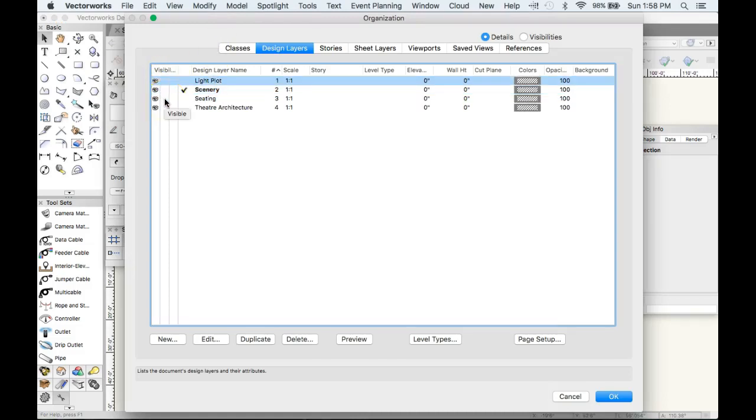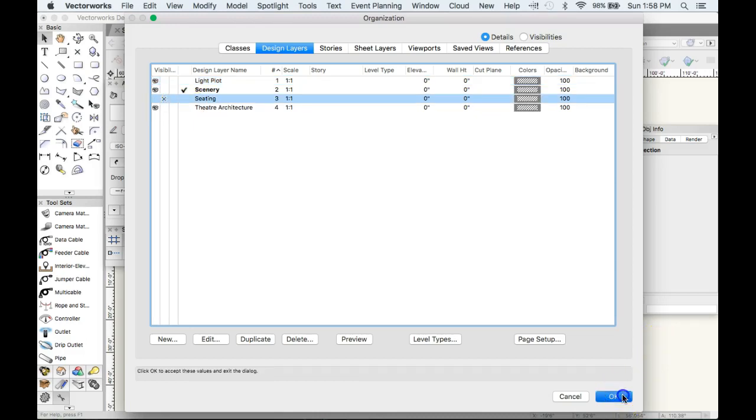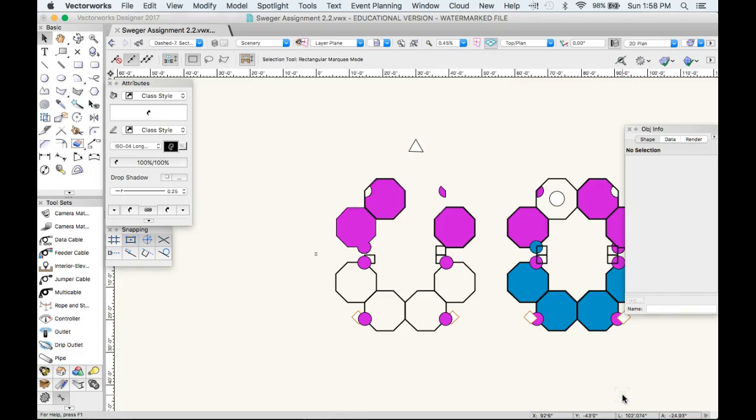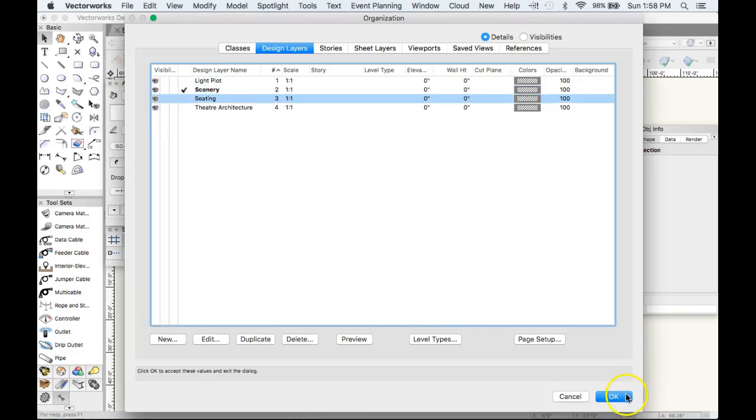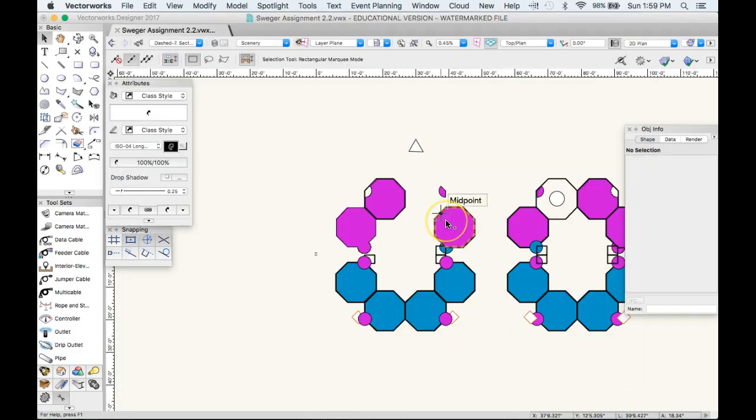The seating, of course, will do the same thing. If I turn off the seating, it will go away. I'm going to make everything visible again. I say OK. Now what if I wanted to make things gray, but I did not want to be able